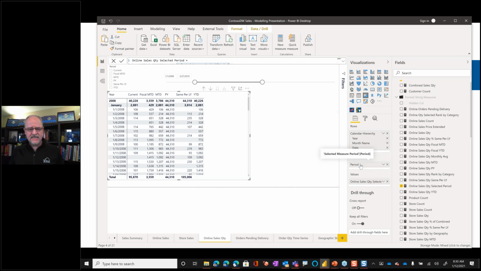Now, the next step in a large model with multiple fact tables might be to use a new capability called calculation groups. Now, I thought it'd be cool to do a quick demo on calculation groups. And as I worked through that, I came to the realization that there is no quick demo on calculation groups because it's a fairly complex feature.